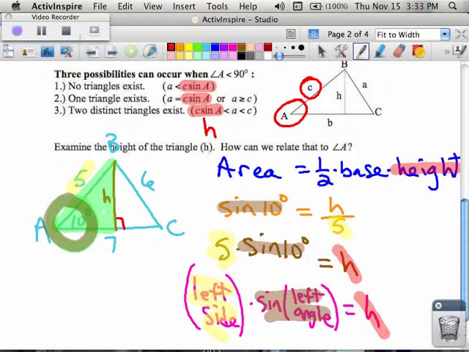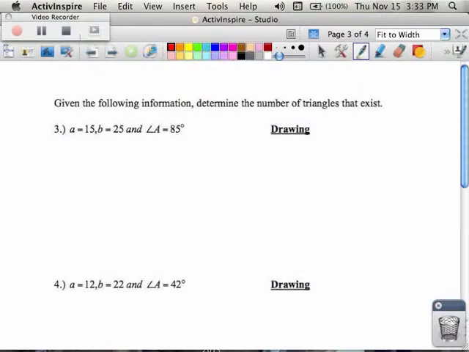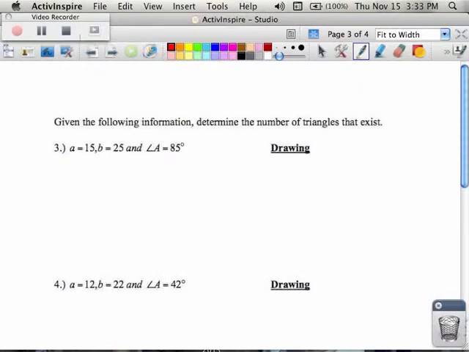As I do these problems, I'm going to mention certain things to do, and it's always referencing back to how we're using this height to determine certain things. Let's try a few problems. In number 3, what you'll see is that they give us certain information. And you are going to do something a certain way and always